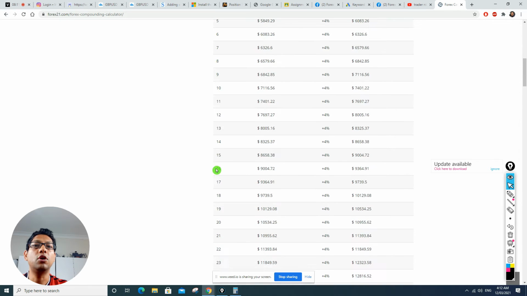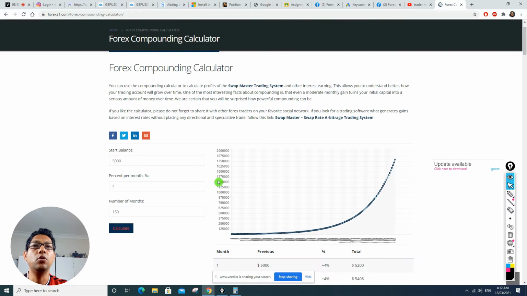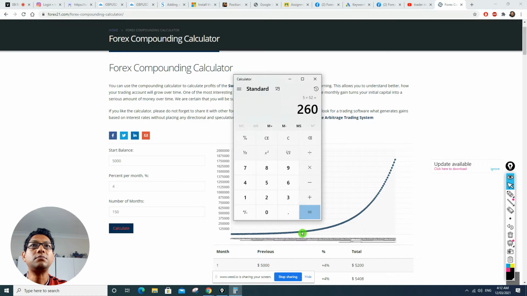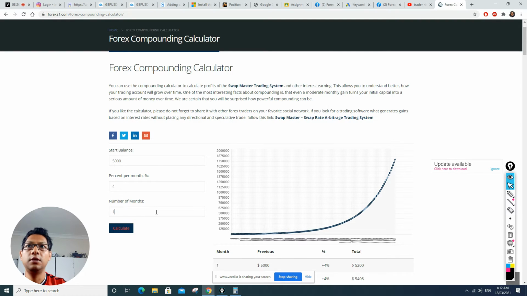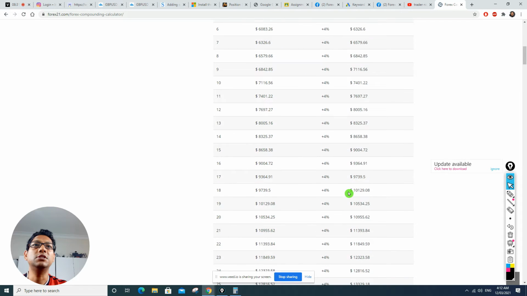Okay, no, it's not possible to get rich quick. You have to be patient and think long term. So in 5 years, let's see how many weeks in 5 years. 5 multiplied by 50 is 250 weeks. So in 250 weeks, a $5,000 account turns into,